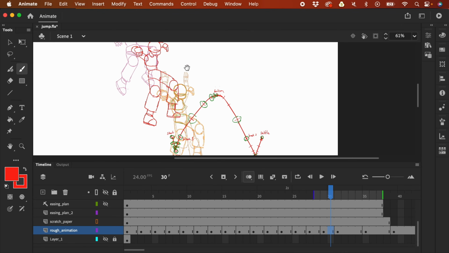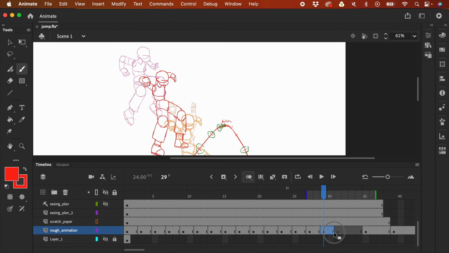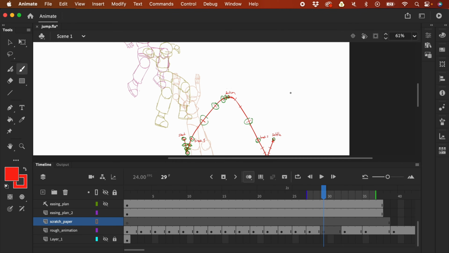I made an in-between of this frame and the breakdown, which is this one. And that's not correct. The correct one should be, let me just adjust this. It should be, move this forward, and I need to create the in-between here, this frame, right? So just be careful when you're doing in-betweens, just make sure you are on the right place,